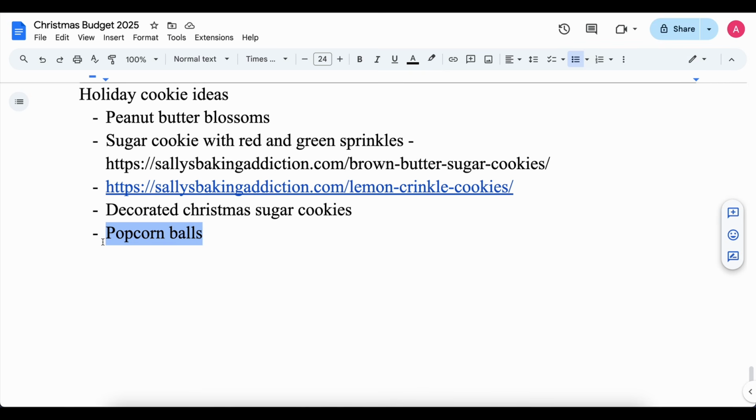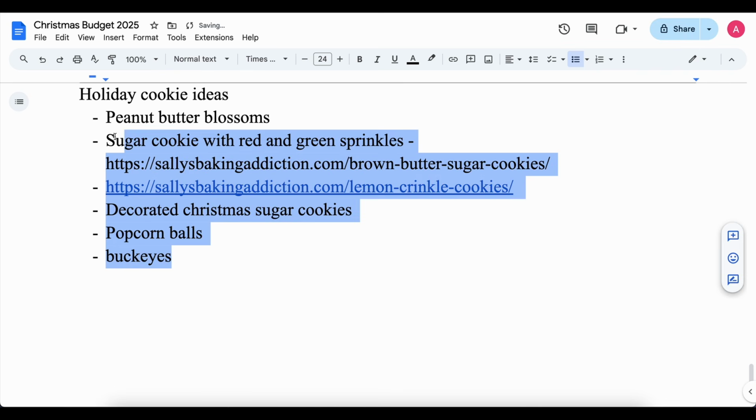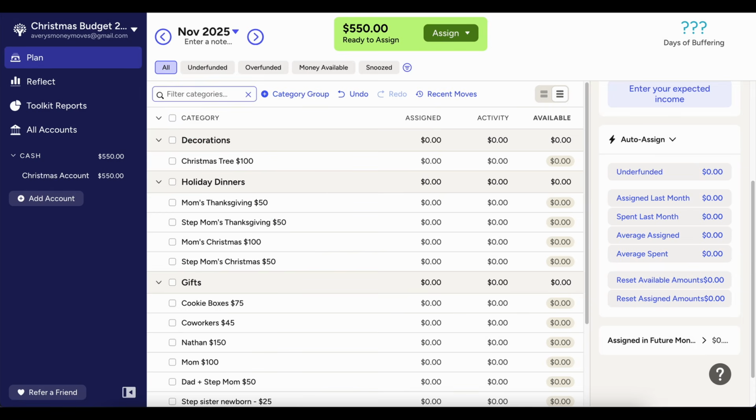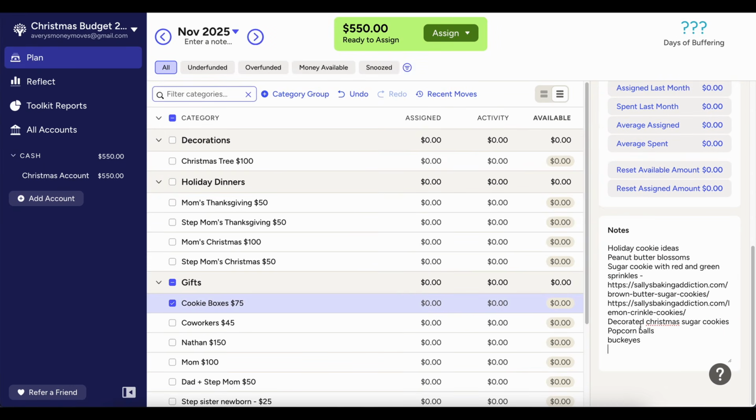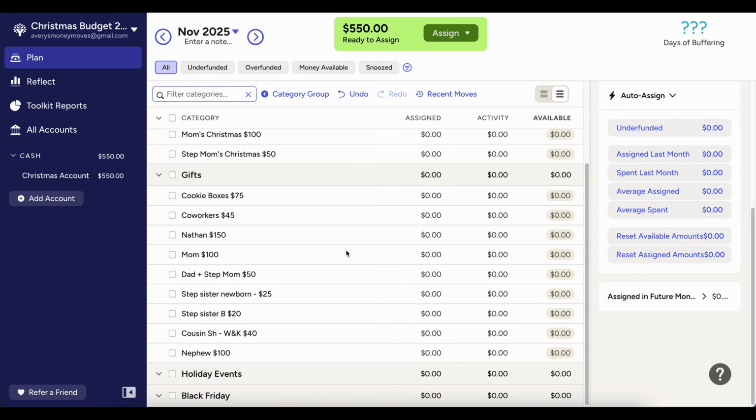We used to make popcorn balls with my grandma, and I think it would be fun to do that again. Could also make Buckeyes. That could be fun. But that's kind of what I'm thinking with holiday cookies. But of course, if I do that, then I need to find tins to put them in. So maybe I'm going to put it here for now. But if I don't actually get around to this, it's not the end of the world. But it's kind of fun to get into the holiday spirit that way.